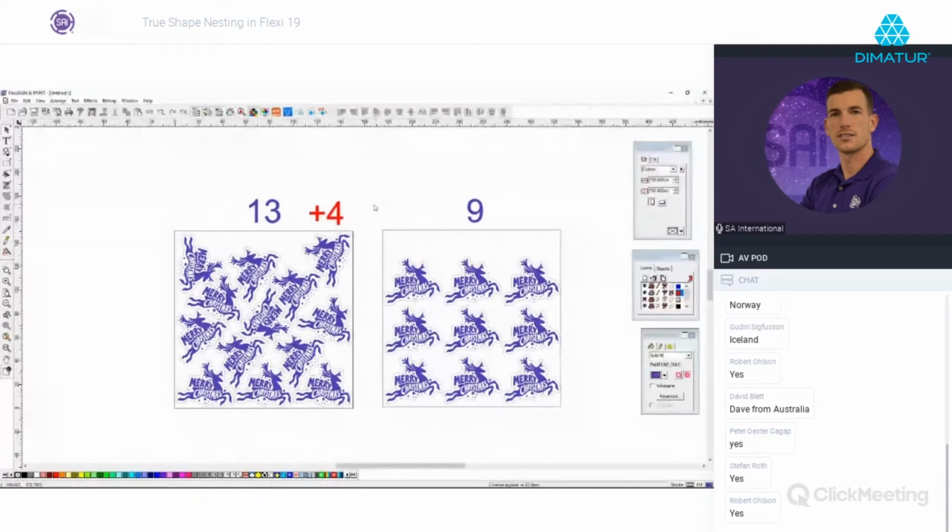Okay. If you make the percentage, 4 out of 13, that means 31%. So with the true shape nest tool, we can add 31% more copies of this sticker in my artboard, which